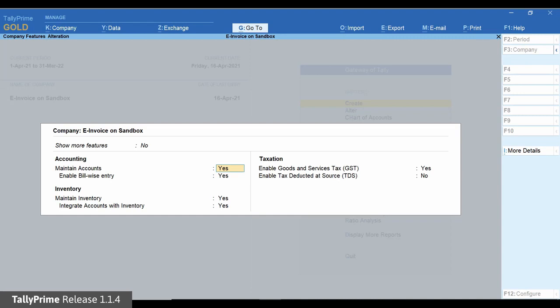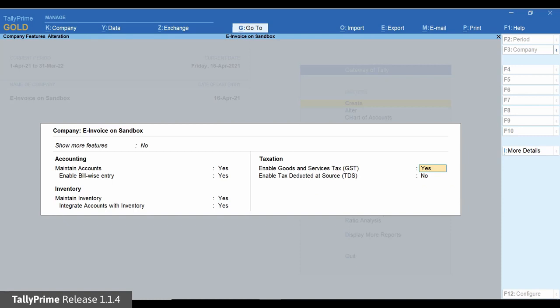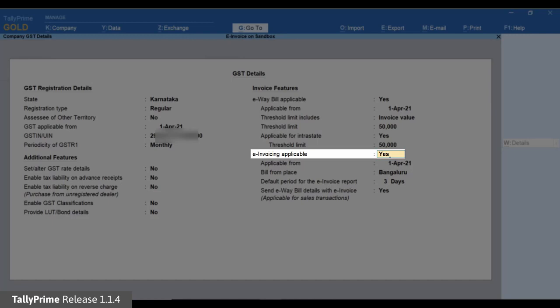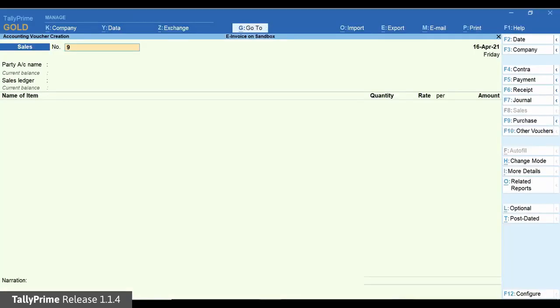Let us pass a transaction eligible for e-invoicing and see how it works. Before that, ensure that Enable Goods and Service Tax GST is set to Yes in F11 Company Features, and in the GST details screen, e-invoicing applicable is set to Yes. Now open a sales voucher in Tally Prime.